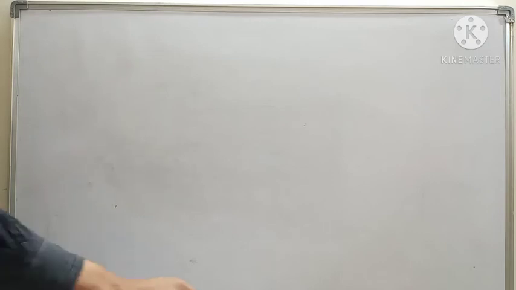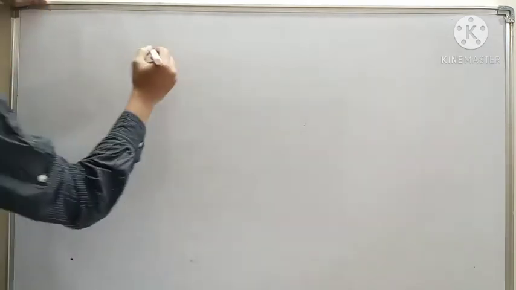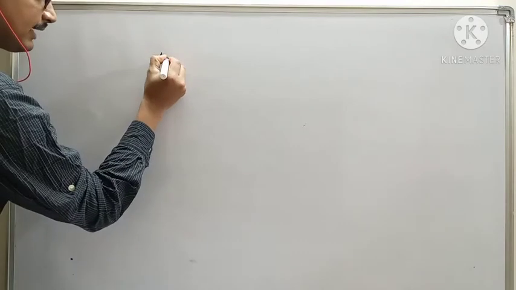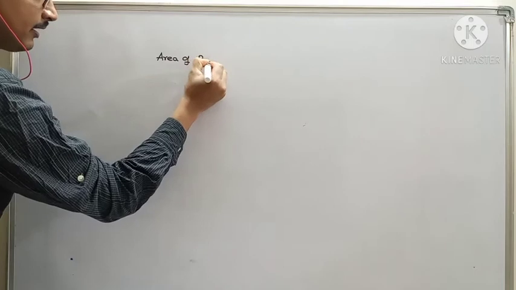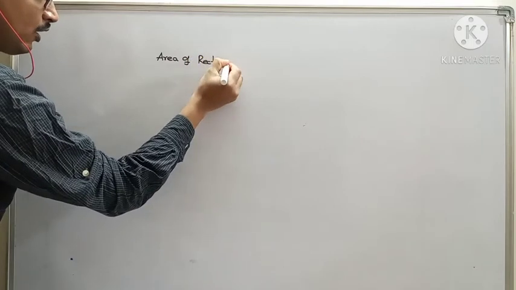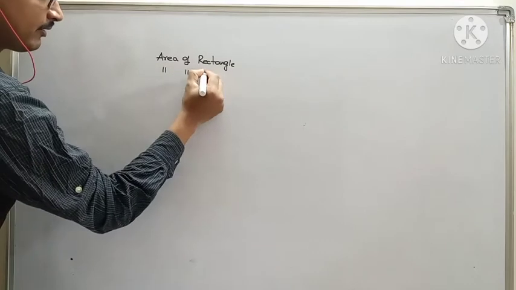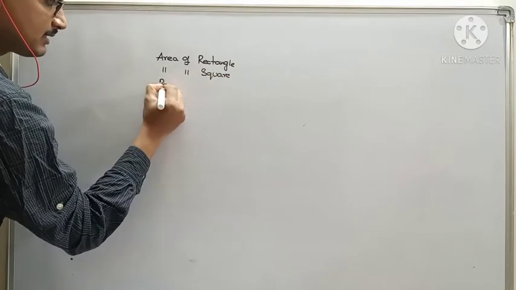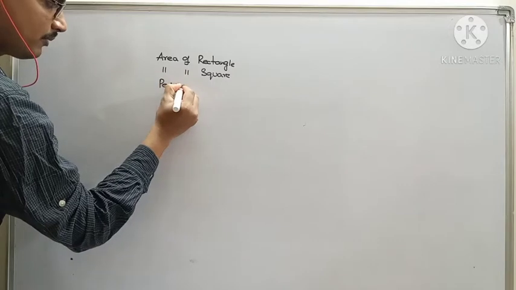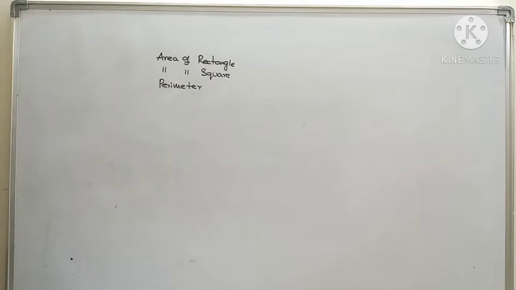So if you do remember, we just finished finding the area of a rectangle when the length and breadth are given, and we dealt with area of a square and then perimeter of a square and its properties, how to solve the problems when the area and length are given to get the breadth and all.